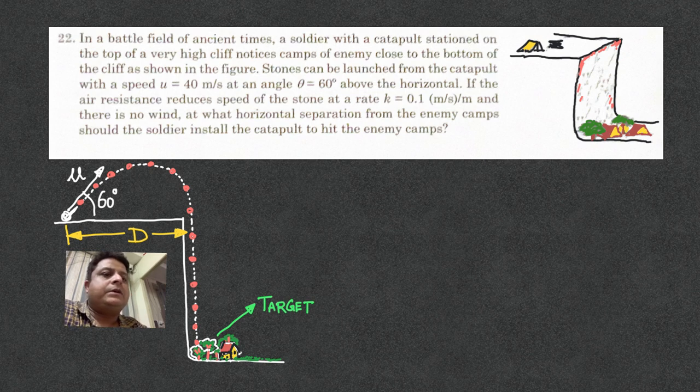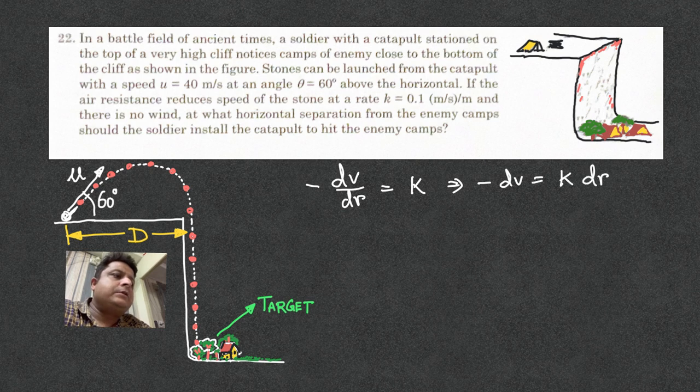And the person has to launch this catapult with a velocity u, where u is given as 40 meters per second, at an angle of 60 degrees above horizontal. If the air resistance reduces the speed of the stone at a rate k of 0.1 meters per second per meter, that means we can write that minus dv/dr is equal to k. So this implies that minus dv equals k times dr,